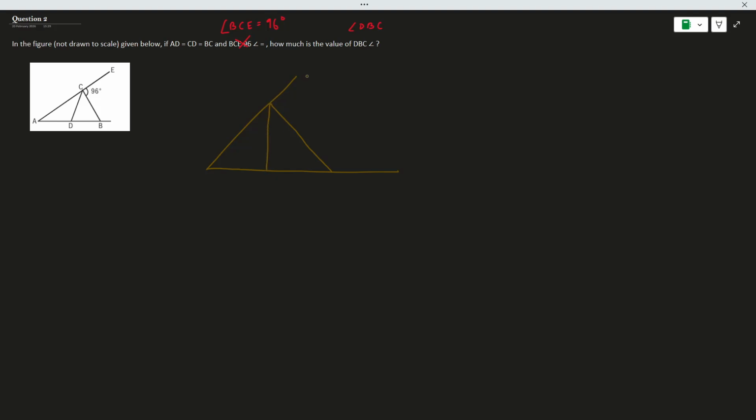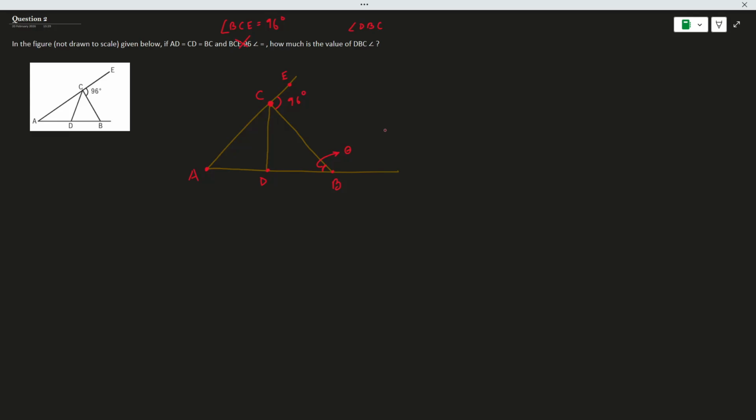Okay, so this point is C, this point is E, this angle is 96 degree, this point is A, vertex, basically this vertex is D and this vertex is B. So I need to find the value of DBC, right? DBC, this angle I need to find out. Suppose this angle is